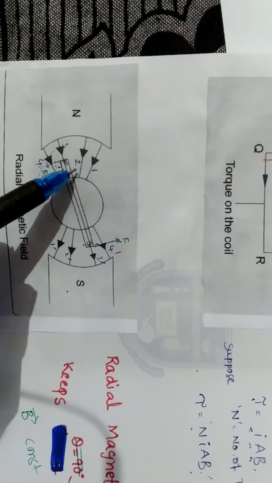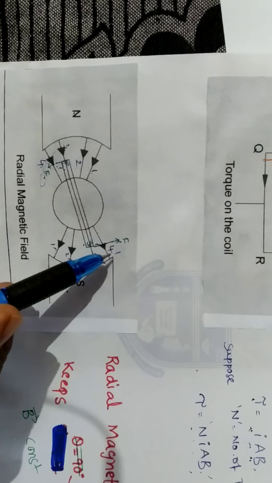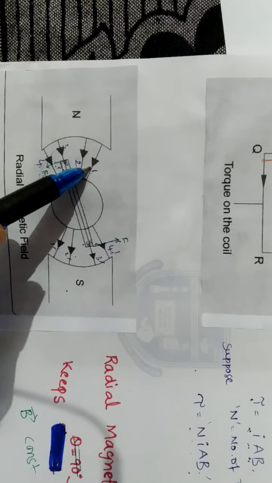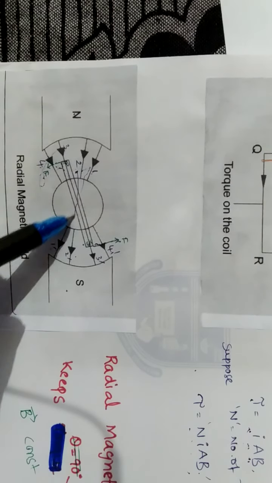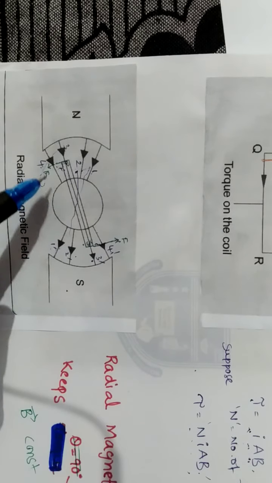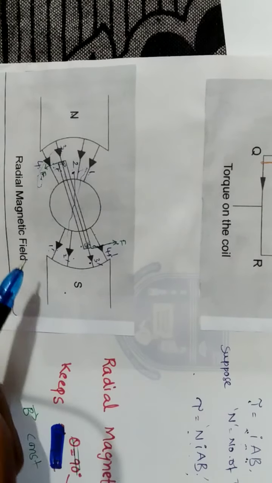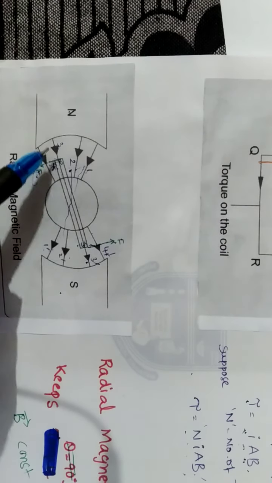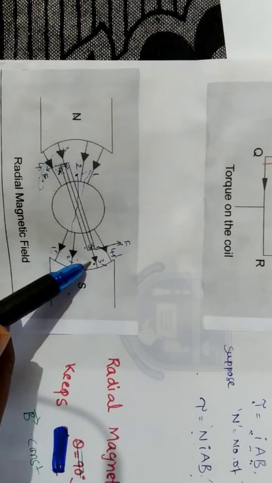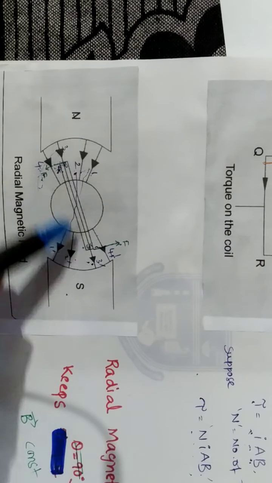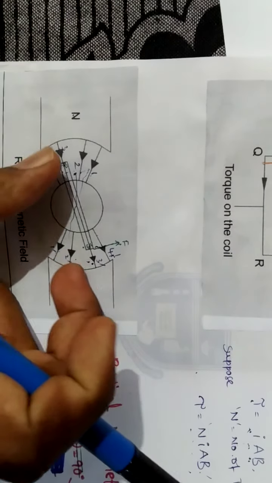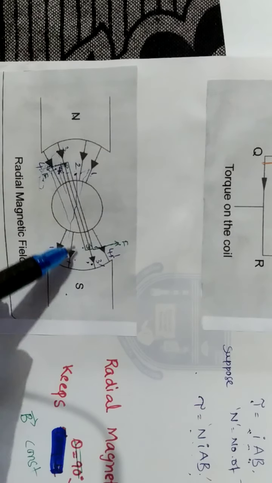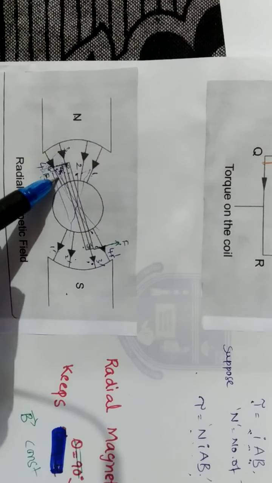I named the field lines as 1, 2, 3, 4, and here 1 dash, 2 dash, 3 dash, 4 dash, because it is a radial magnetic field. These 1, 1 dash, 2, 2 dash, 3, 3 dash, 4, 4 dash are the field lines. Okay, now assume that our current carrying coil is presently on 3 and 3 dash. When the torque produced in it applies some force on these two, then it experiences some turning effect. Then it turns. Let us say it has come along 4 and 4 dash here. It turns like this.